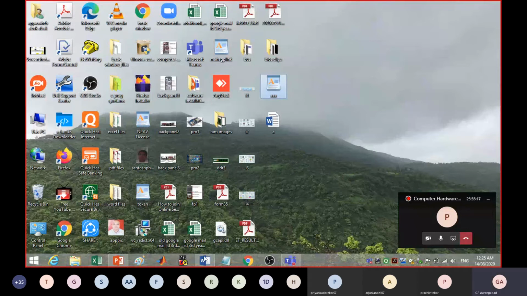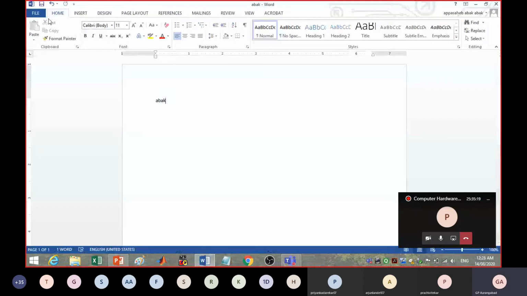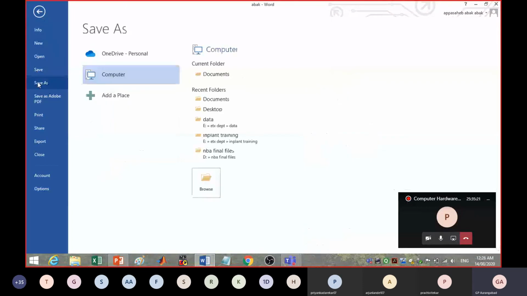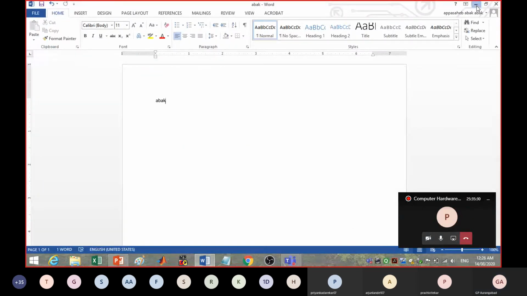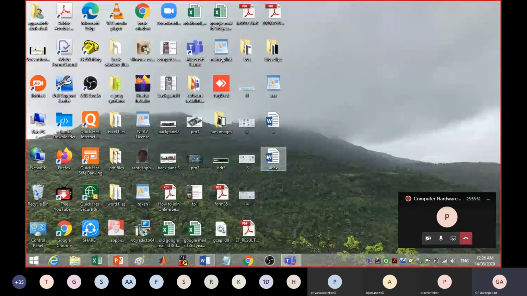Whether I have selected the location while creating or not. I'll again see file, save as. It should be created on the desktop. So here I'll save again. Okay, now it is created. By default, it was created in Documents earlier.